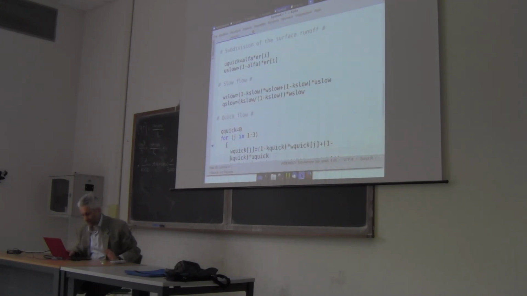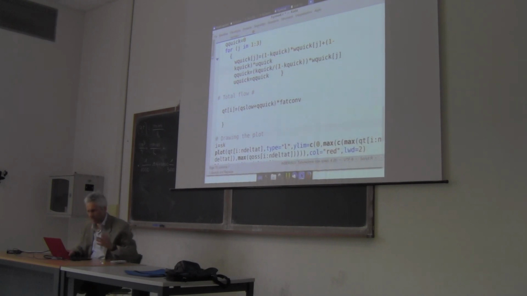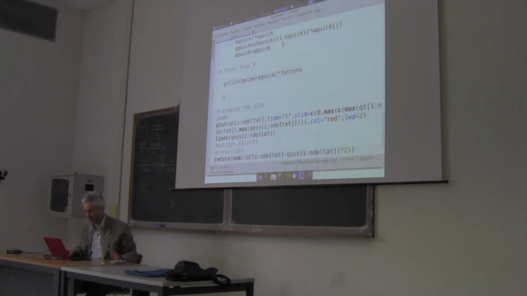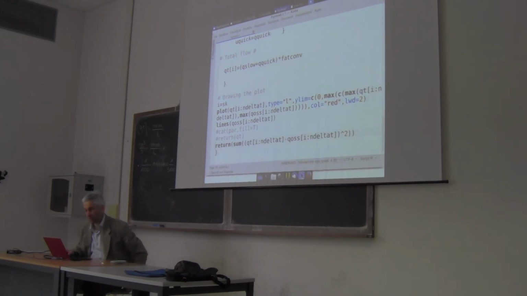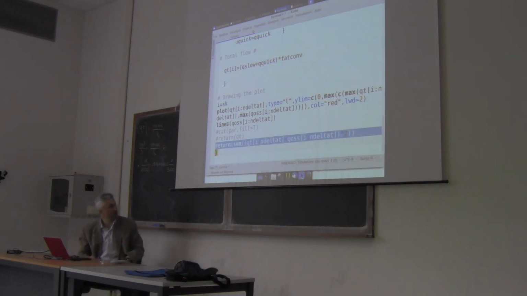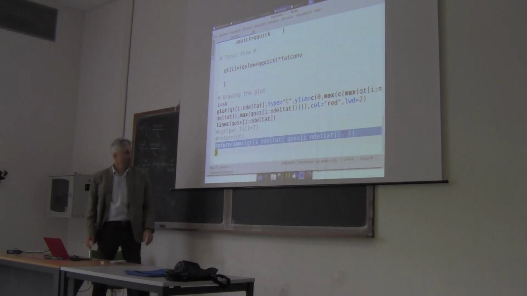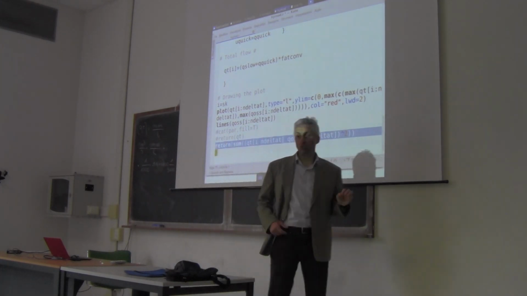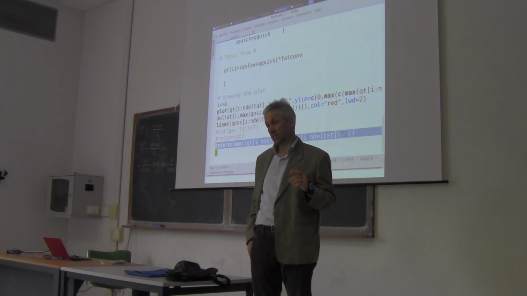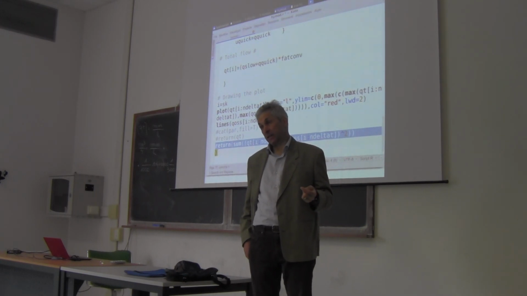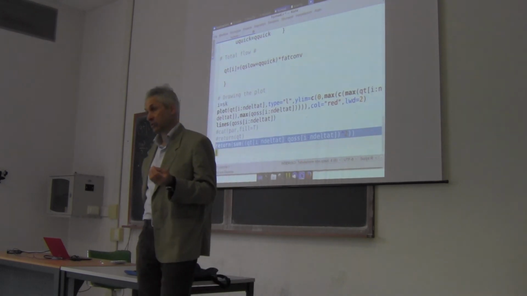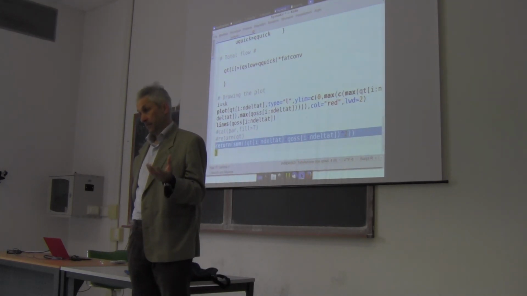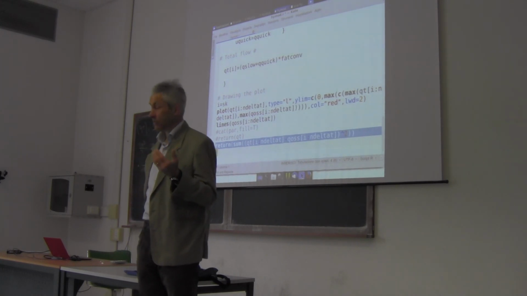Now the program is finished. Here there is an instruction for drawing the plot, but let's forget it for now, because we already know how to draw the plot. Let's just focus on the last instruction, which is a return instruction. What does it mean, a return instruction? When you put a return instruction into a function in R, it means that you are specifying what is the number, the result that the function should give back to you. Because otherwise, every variable that is memorized